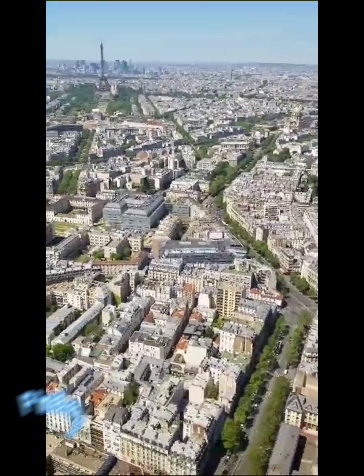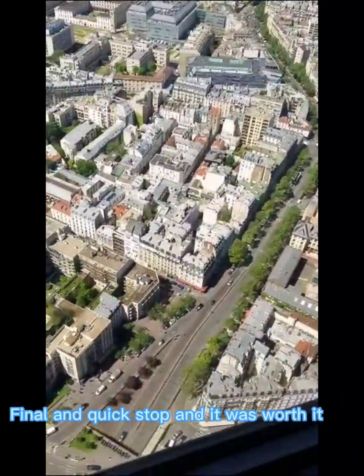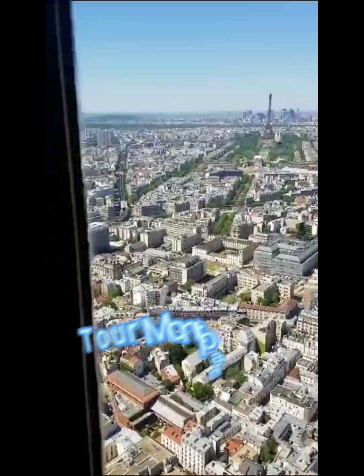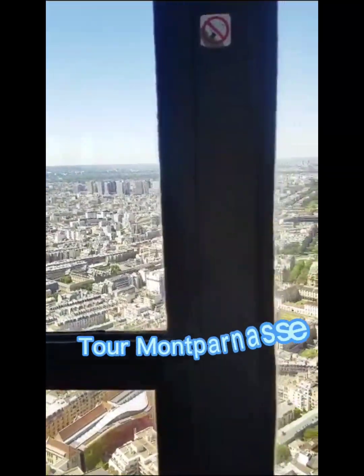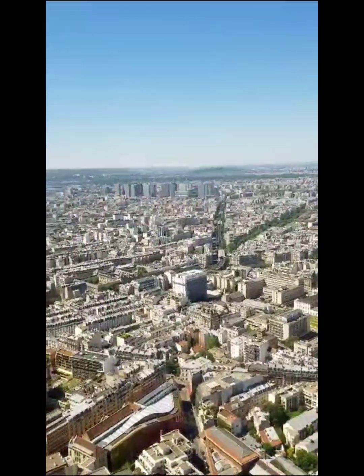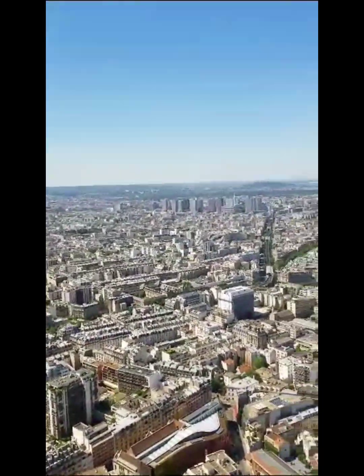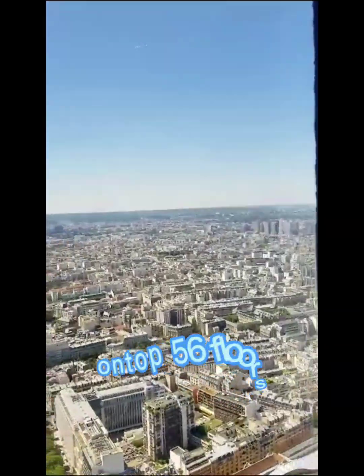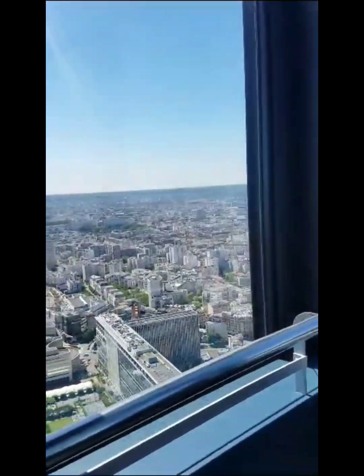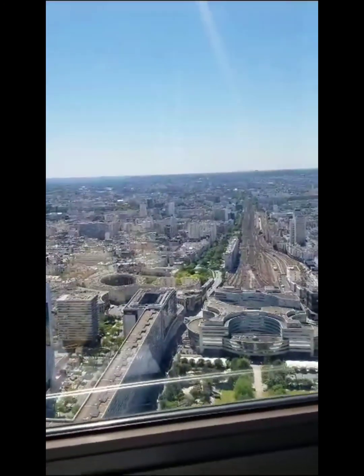So our final stop was one of my favorite stops. It was 56 floors above regular level, I guess, or 56 floors up. It was similar to going in the Empire State Building in New York. That's the best way I could explain it. However, for me, I think it was much more captivating, or probably a little equal, but I think it was